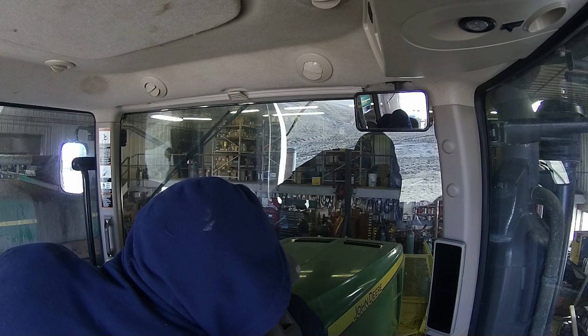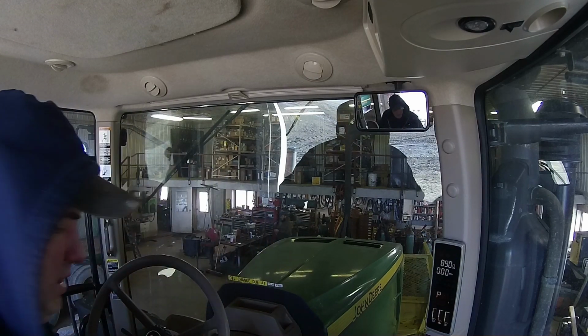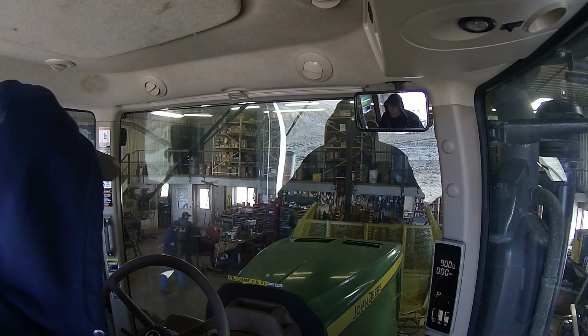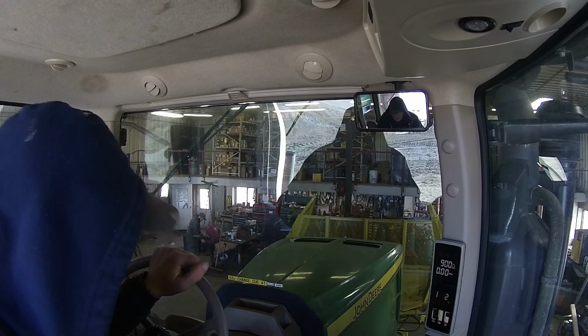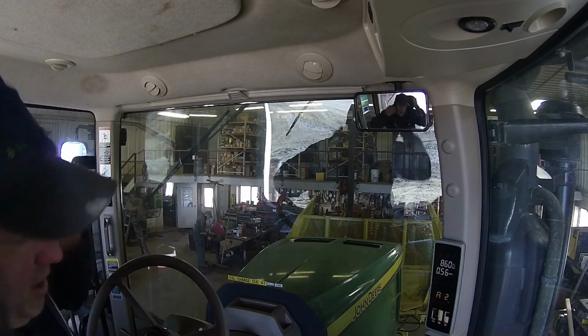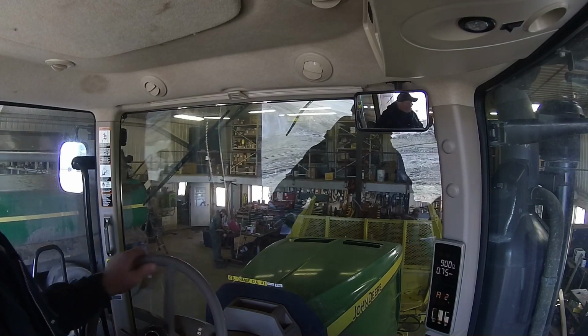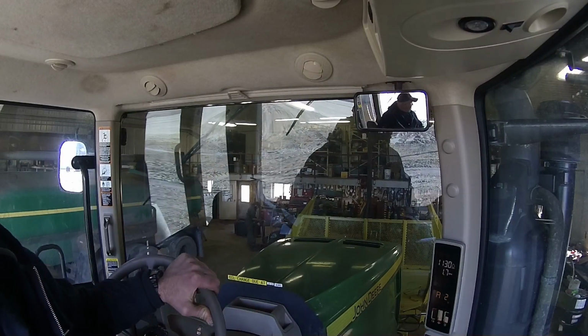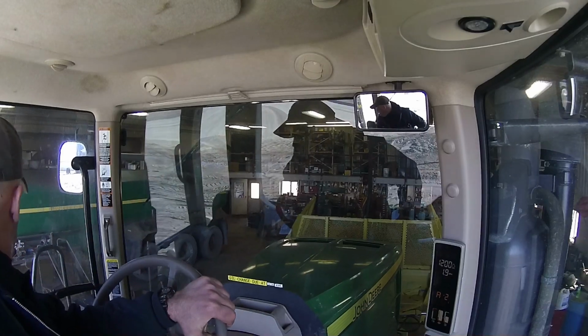Alright, we're gonna run down. I've gotta do the water pump on this 9410, and rather than walking around the blade, we might as well take it off. I'm hoping that